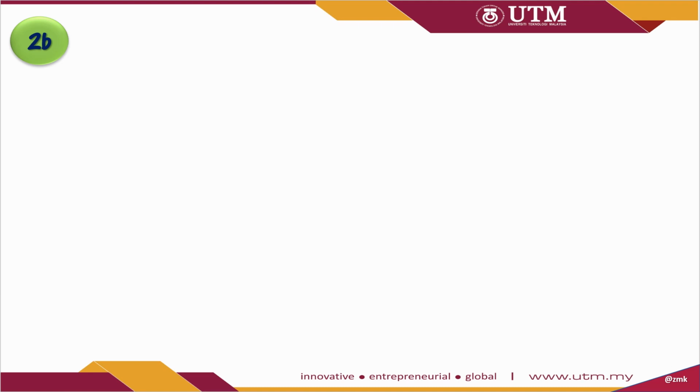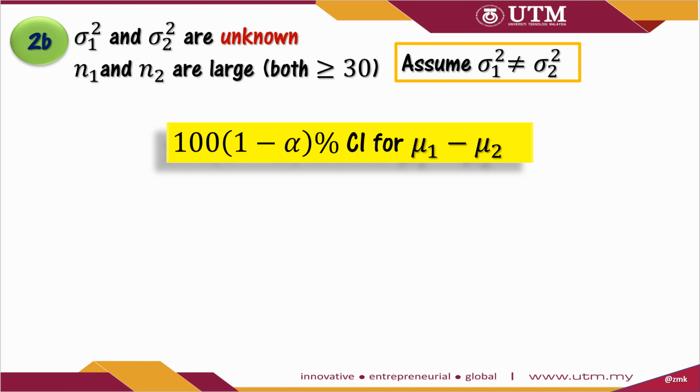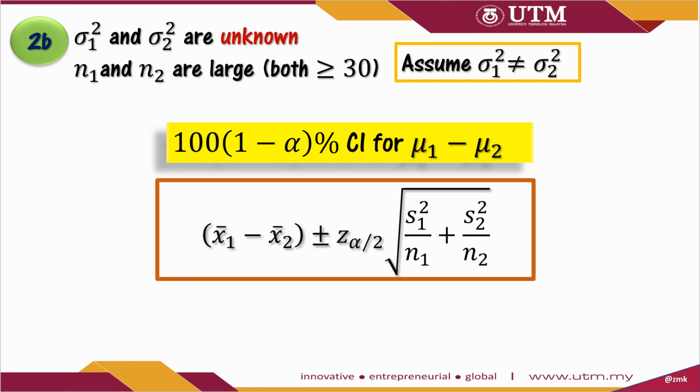Now in case 2b, we have the following situations. First, the population variances sigma 1 squared and sigma 2 squared are unknown. Second, the sample sizes n1 and n2 are large. And third, the unknown population variances sigma 1 squared and sigma 2 squared are assumed to be unequal. So the two-sided 100 times 1 minus alpha % confidence interval for the difference between the population means mu1 minus mu2 is as follows. Again, we start with the point estimate of mu1 minus mu2, that is x bar 1 minus x bar 2,